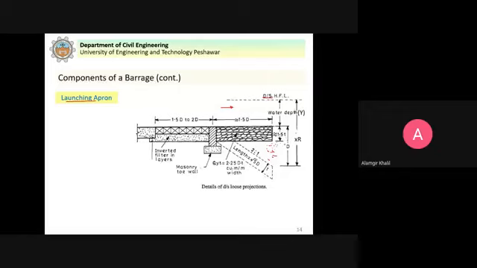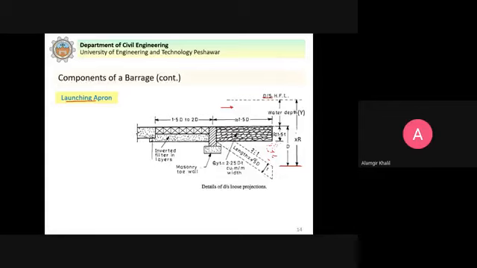Once the scouring starts, this removal, this is the maximum possible scour that can occur for the given conditions, that we can calculate. We can determine how much scour will occur. That is given by the Lacey theory that we already studied for the design of unlined canals. In that same Lacey theory, it also gives the equation for the scour depth, so that we can calculate. I will also explain here.